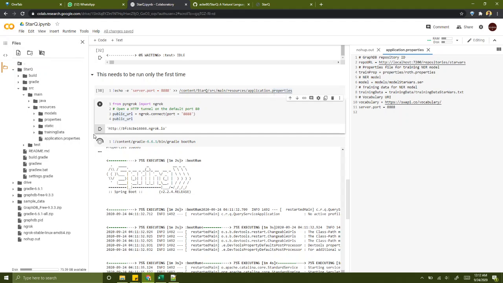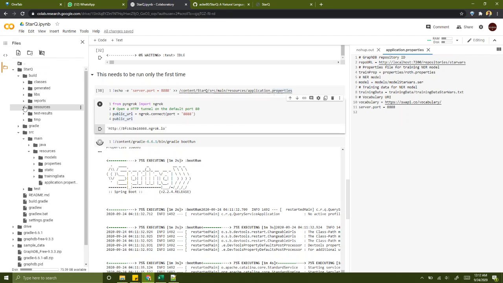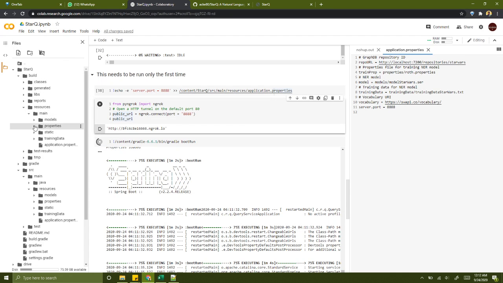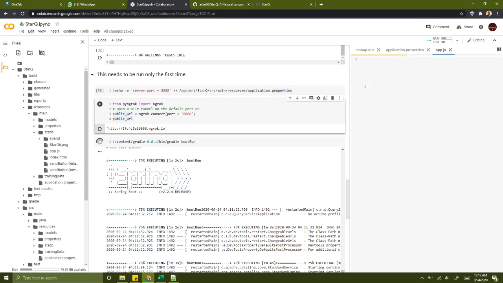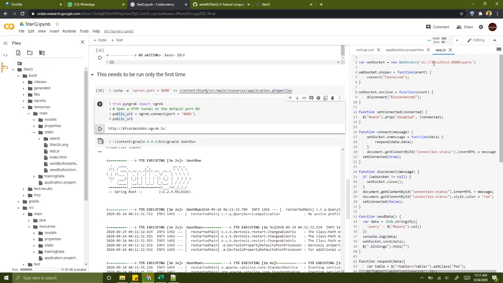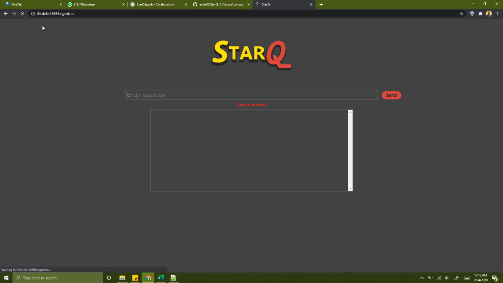The only change that we need to make is to go to StarQ build resources main static app.js, and change the WebSocket URL from localhost 8080 to the tunnel URL that we created, and save this file. Go ahead and refresh this page, and we are good to go.